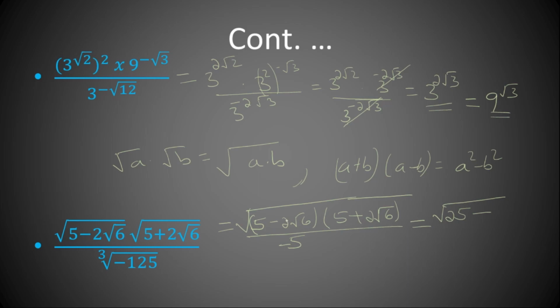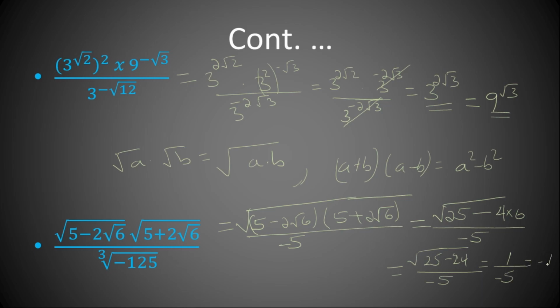2 times radical 6, squared, means 2 squared is 4, let's write it over here, 4 times radical 6 times radical 6 is 6 itself, divided by negative 5, so it is equivalent to radical 25 minus 24, divided by negative 5. 25 minus 24 is 1, and the radical of 1 is 1, so 1 over negative 5, which is equivalent to